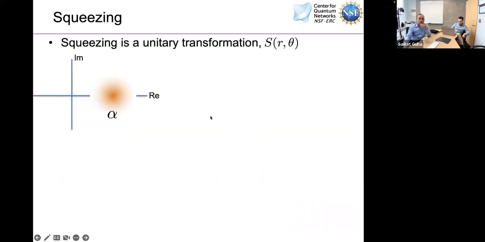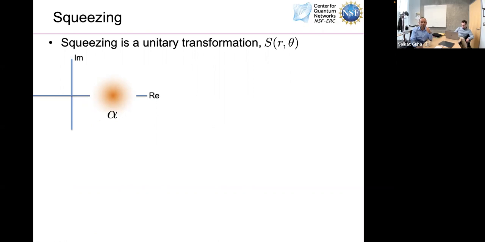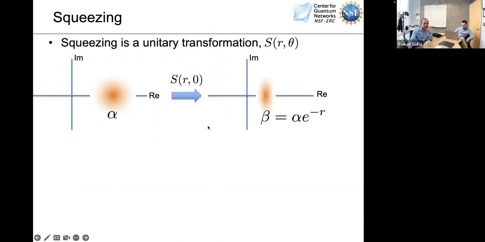Now, Christos will teach you what squeezing is, but to give you an insight for what that might mean in terms of these receiver designs we are talking about, if you take this coherent state alpha and you apply squeezing to it, which is a unitary transformation that can be implemented by a chi2 nonlinear crystal that I mentioned at the very beginning of the lecture today, pass the light through this optical parametric amplifier in the quantum limited regime, which you can build in the lab, what you can do is bring the state of the light